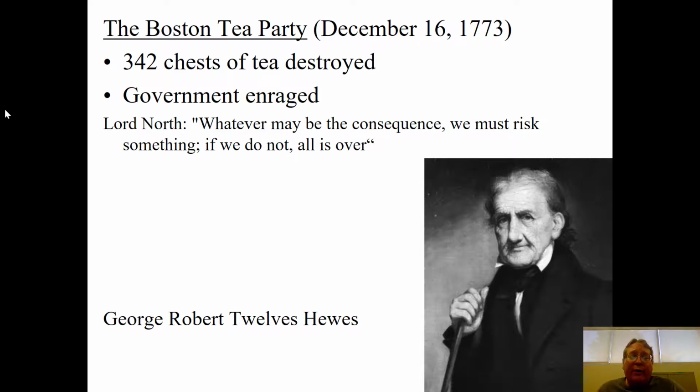About 400 of these Sons of Liberty and people that work with them like George Hughes decide when these ships show up loaded with this tea that they're going to destroy it. So they have a meeting on the night of December 16th when the ships arrive in port, and they say, okay, now's the time. We got to destroy it before it gets unloaded. And they meet there in the middle of Boston in one of the big meeting houses there, and then they march from the middle of